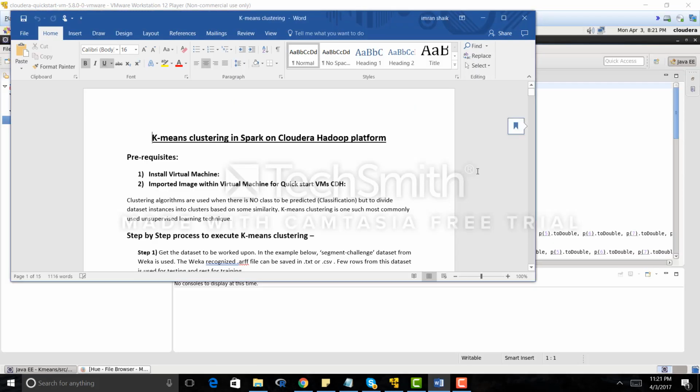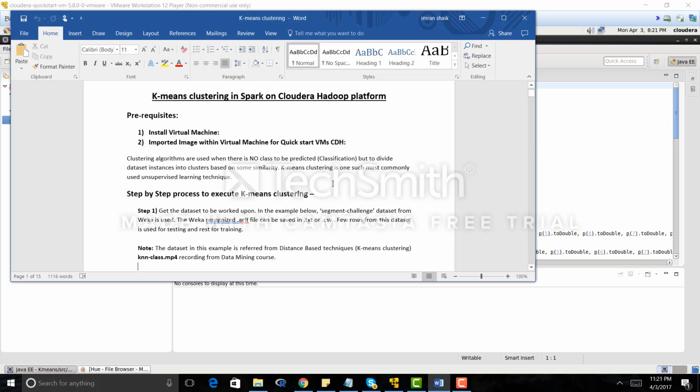In this video I am going to explain how to do k-means clustering in Spark on the Cloudera Hadoop platform. For this, as said in the document, I have taken the virtual machine and imported the Cloudera virtual machine. And as we know, clustering algorithms are unsupervised and they are used to group together the items which